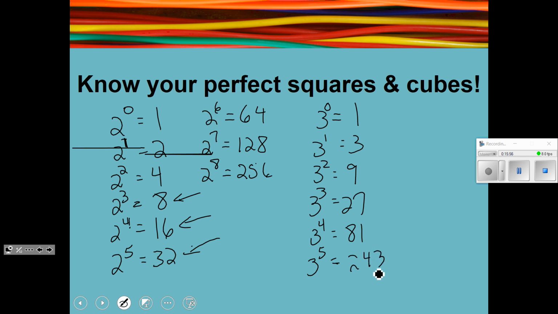I think that's probably as high as you need to go. Okay, but I just wanted you to have those when we get into the equations part to refer back to. Okay, your perfect squares, your perfect cubes, your powers of 2, your powers of 3. It wouldn't hurt to have your powers of 4 on there, but